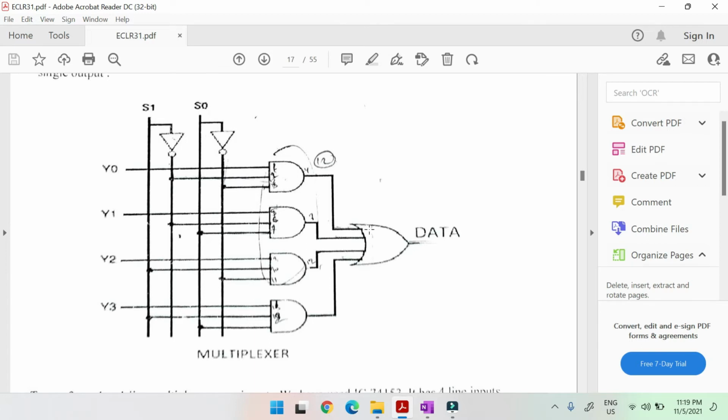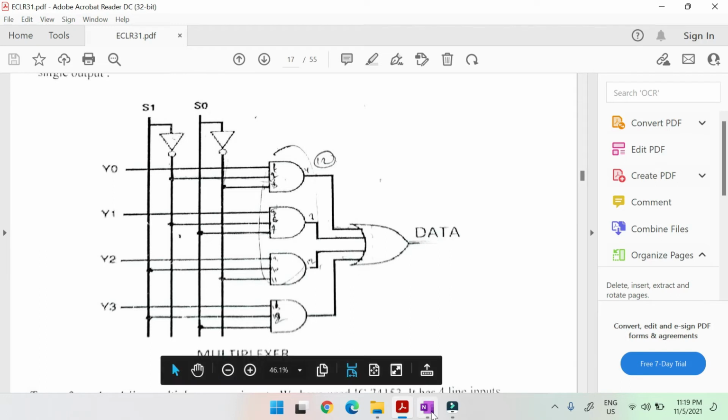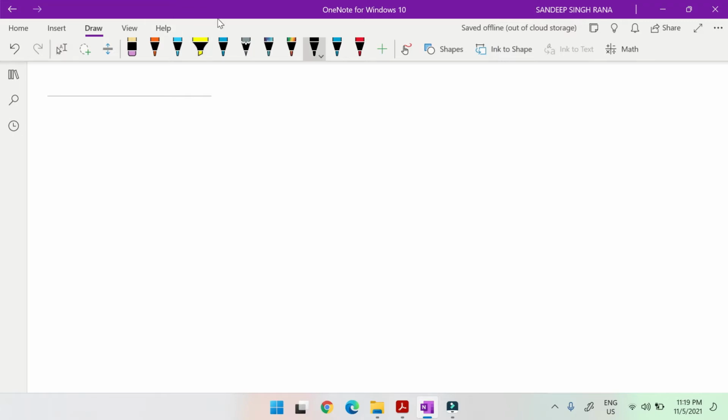So to design a 4 input OR gate, what we can do, we can use the simple 2 input OR gate. See, for example, we have to design this with inputs A, B, C and D, that is a 4 input OR gate. What output should we get? That is A plus B plus C plus D. Similarly, how can we design this using our 2 input OR gate?